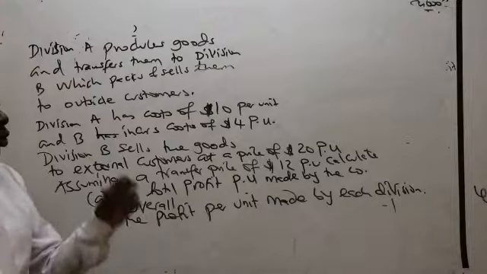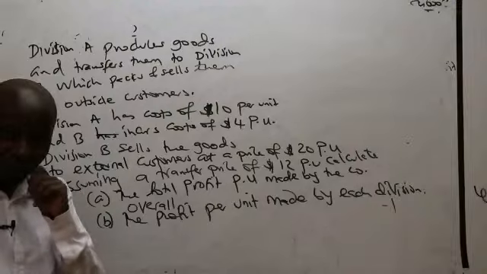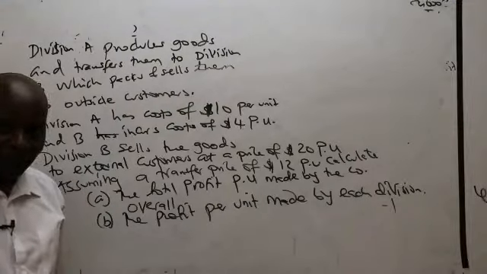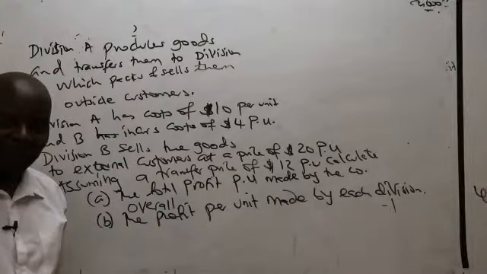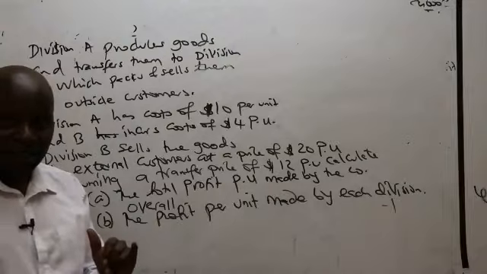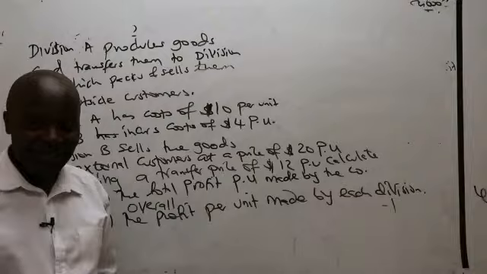So is there any student who has been able, ladies and gentlemen, to give us profit here for the company as a whole for selling only 1 unit? Is there anybody who has been able to do that? $6. The whole company will make a profit of $6. Anyone else who is getting the $6? Langat is getting 16 for the whole company.